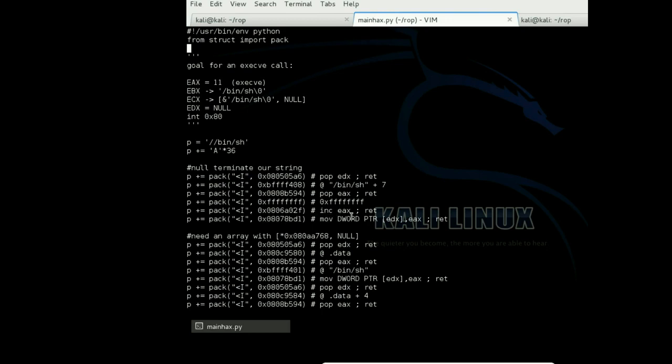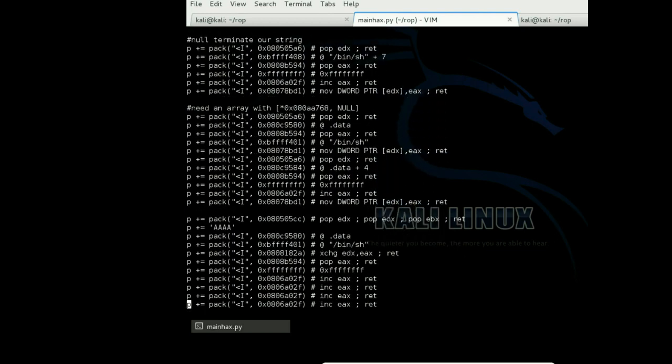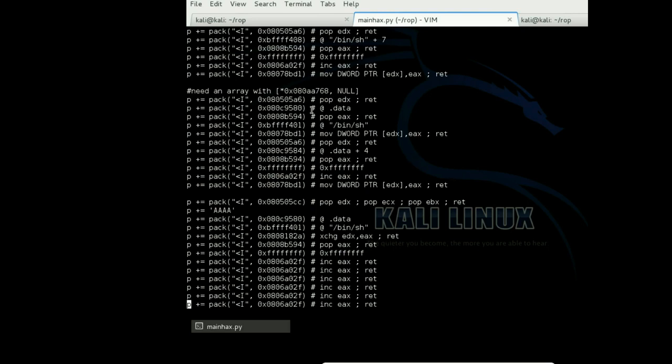Yeah, so once we have that, then we write that 0 to the location in memory pointed at by EDX, which if we look up here, we had popped this address into EDX. Okay, so that terminates our string. Great. So our next step is we need to create an array containing a pointer to,